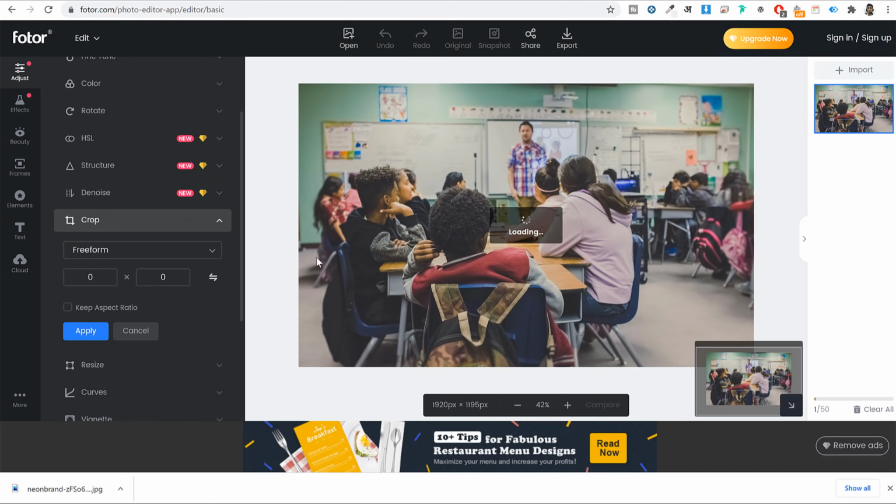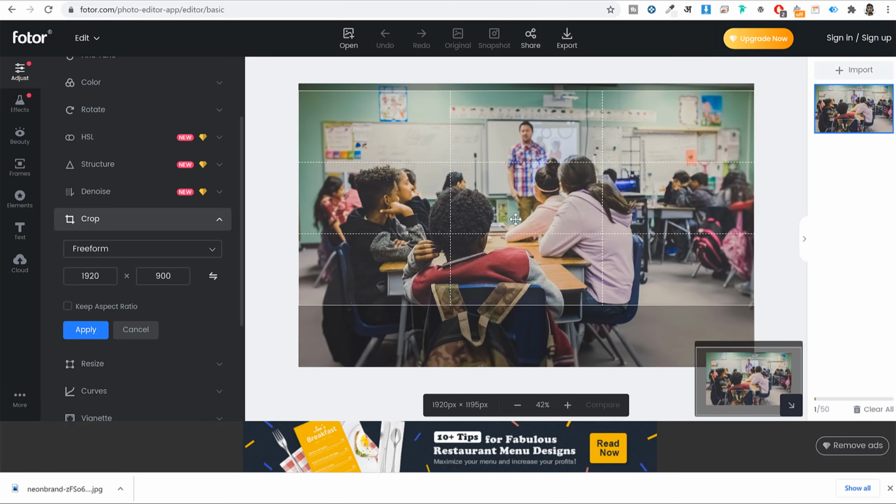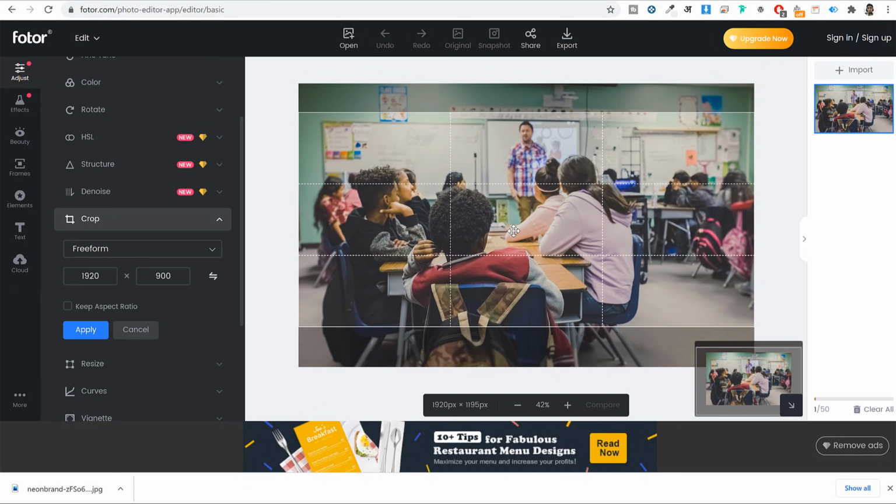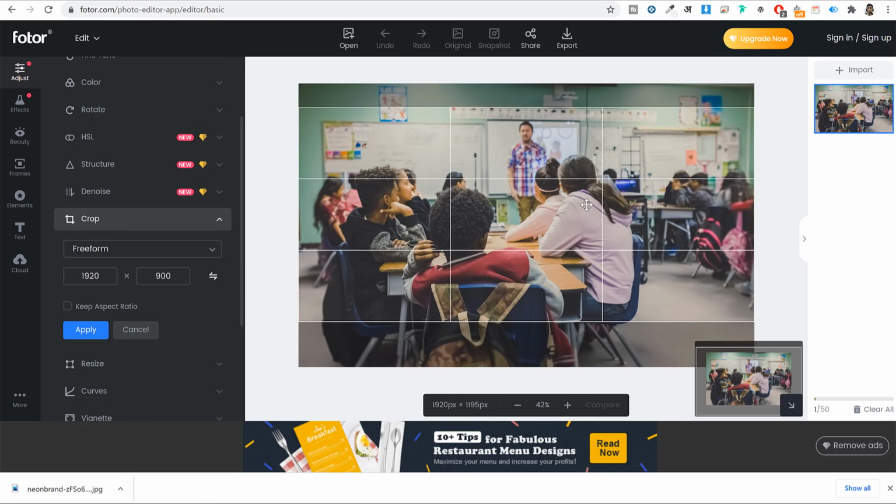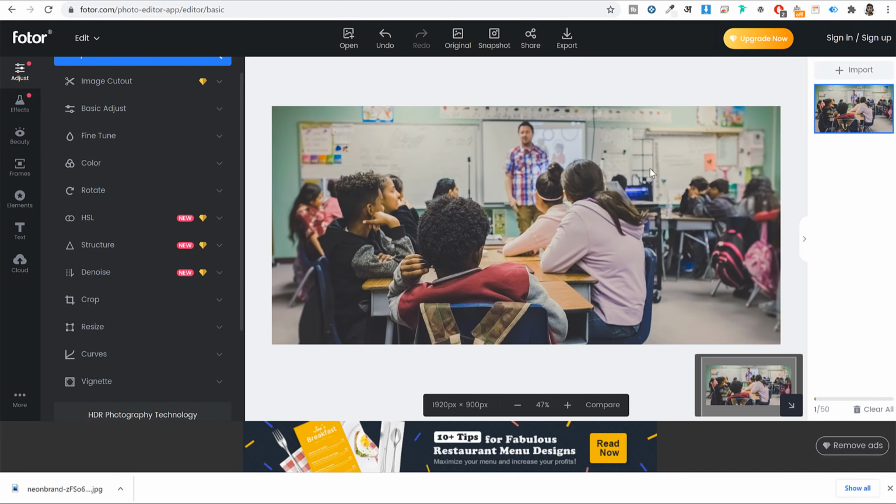So I'll select crop, and instead of 1920 by 1920, or 1920 by 1200, I'll select 1920 by 900. Once you type in 900, you can set this frame, and maybe if you want, you can make it 700, 800. I want to keep it at 1920 by 900. And once you like this, click on apply. And now as you can see, this is cropped.